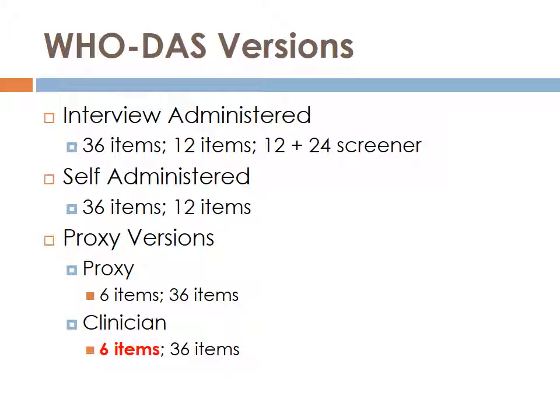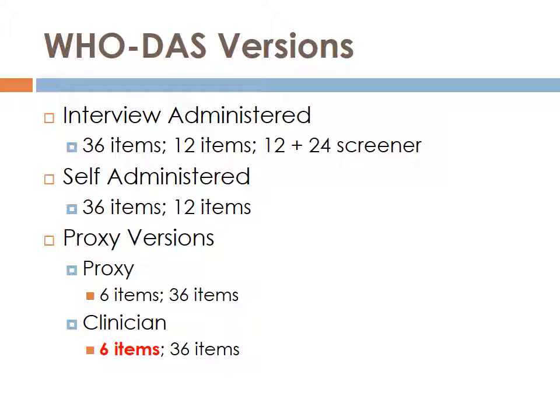The interview-administered versions include follow-up questions about the number of days in the past month that the person has experienced the difficulty. The 12+24 version uses 12 items to screen for problematic domains of functioning, with up to 24 additional questions to define the difficulty. This assessment strategy echoes the DSM-5 process of symptom assessment, beginning with a Level 1 symptom measure and using Level